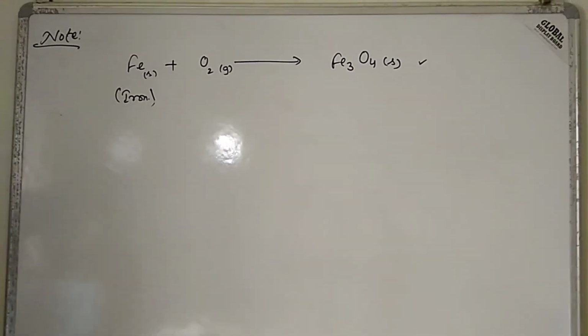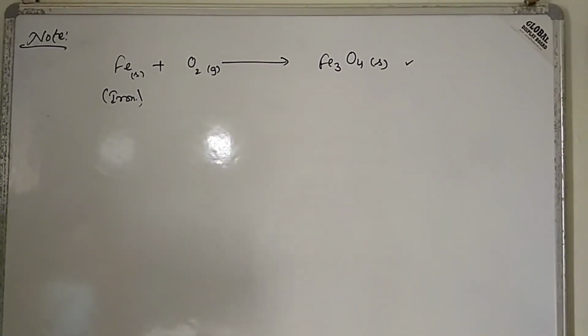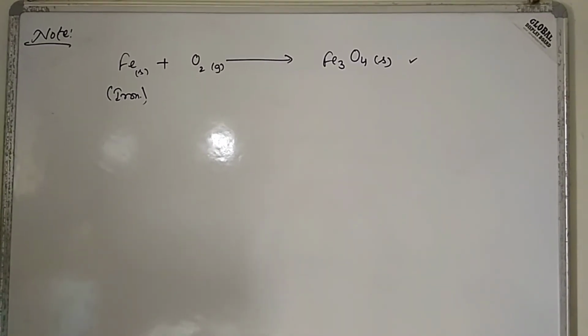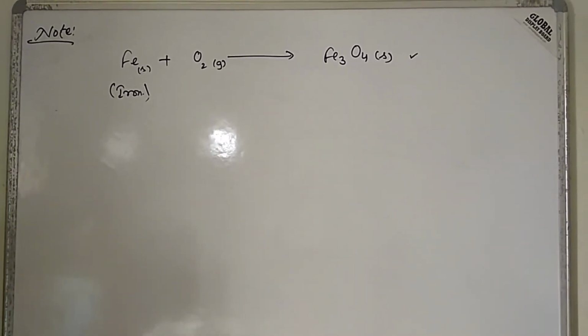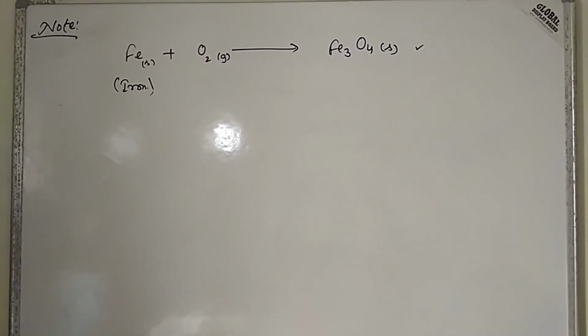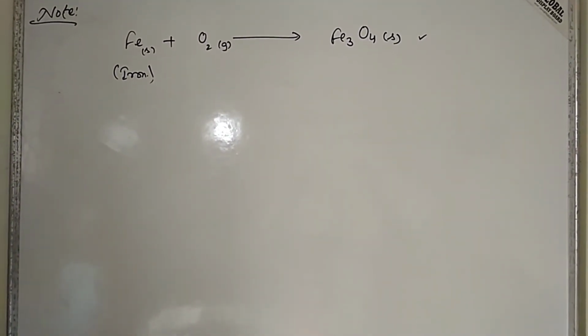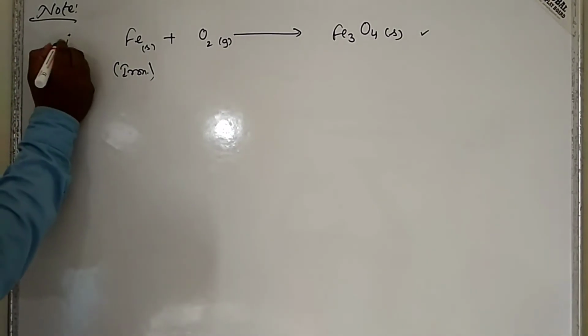And please note that a piece of iron metal does not burn in air, but iron filings, the fine particles, burn vigorously when sprinkled in the flame of a burner. Clear, children? Now second,